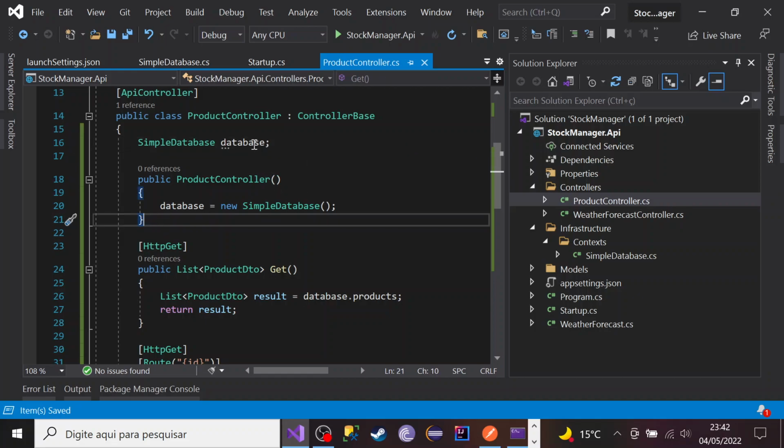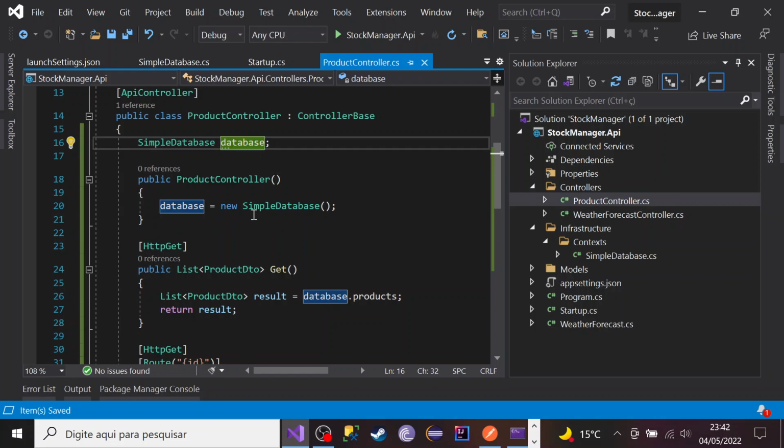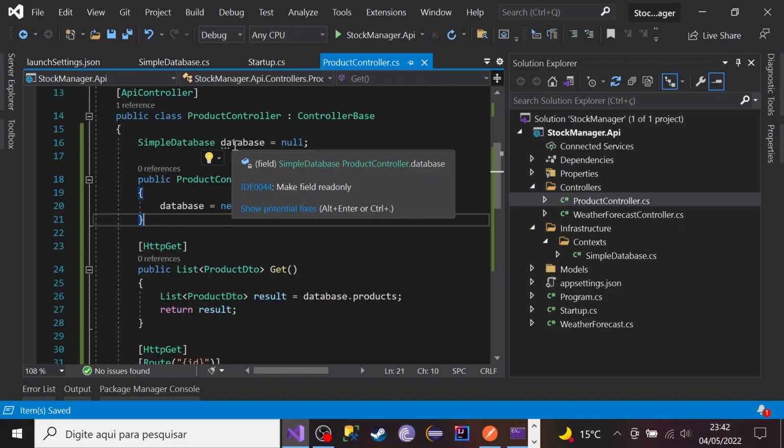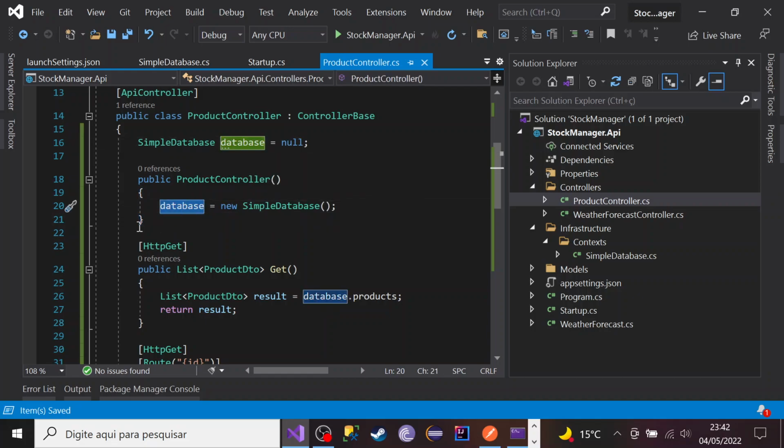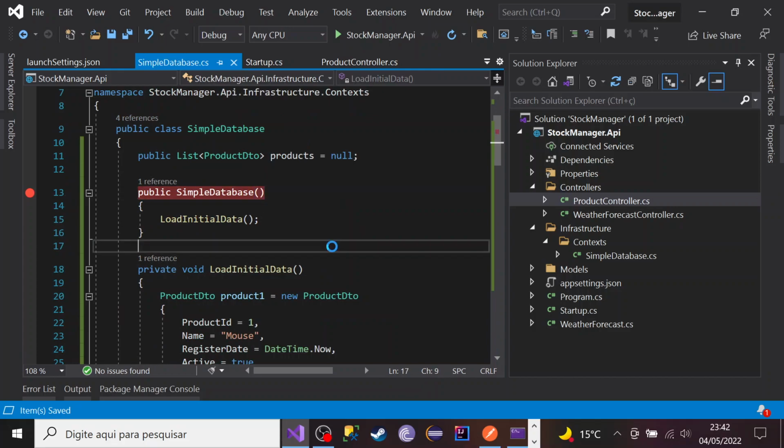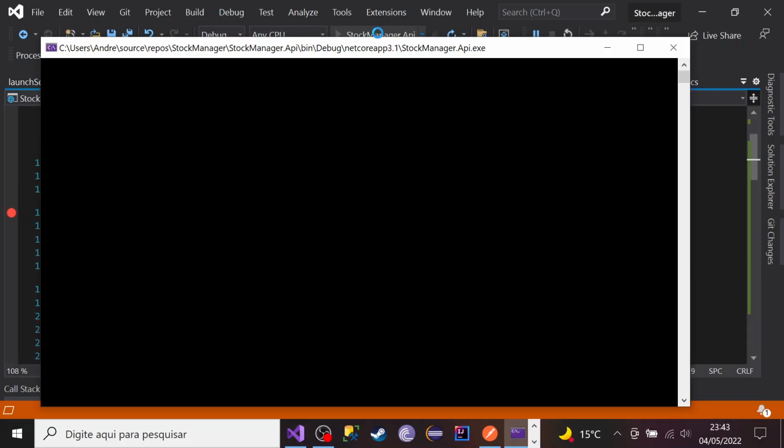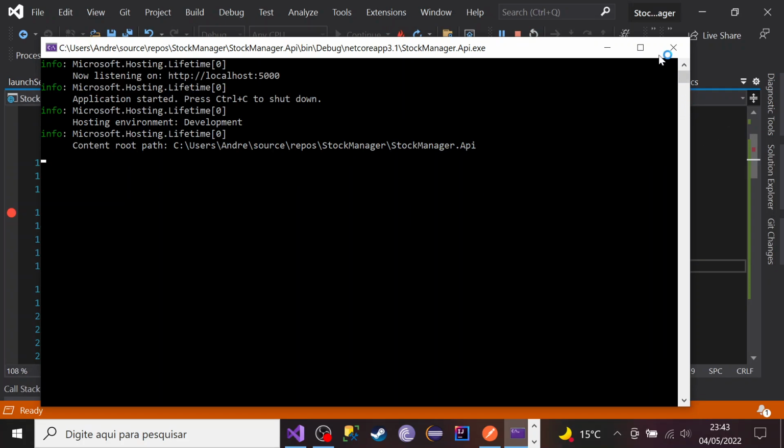And try. Okay, so the value is loaded, right? I'm creating this instance, and I'll put another breakpoint so the thing is instantiated only one time. So I play this. Oh, I remember another